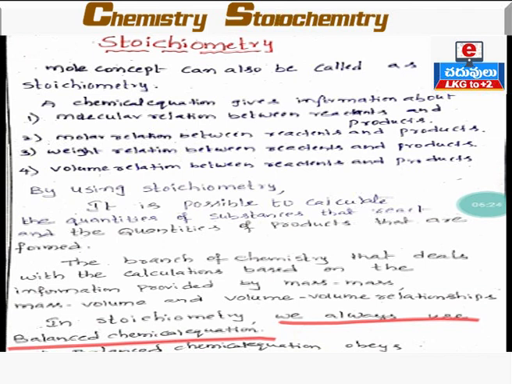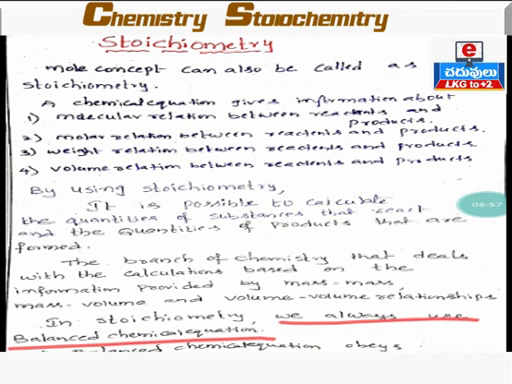This law states that the total mass of the products after the reaction is equal to the total mass of the reactants. If you take a balanced equation, the total mass of the products is equal to the total mass of the reactants. So a balanced chemical equation obeys the law of conservation of mass. If you take an unbalanced chemical equation, the total mass of the products will not be equal to the total mass of the reactants, so that unbalanced chemical equation does not obey the law of conservation of mass.